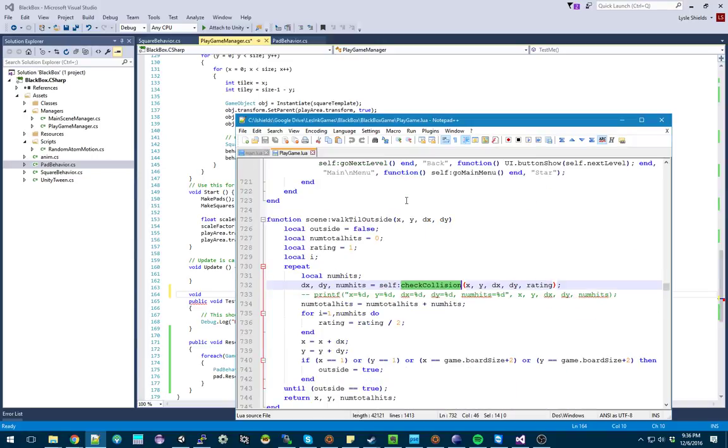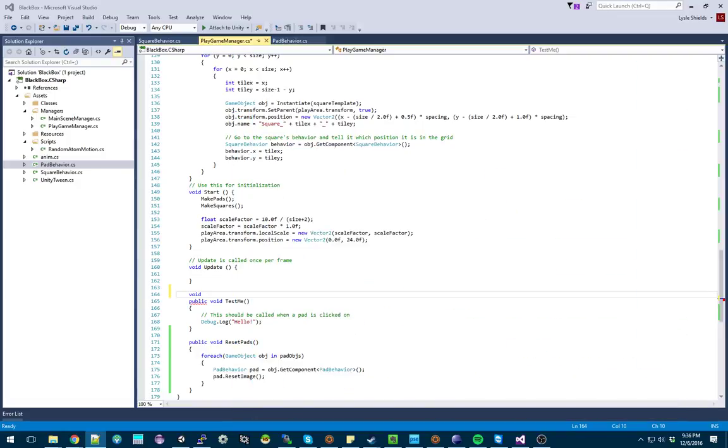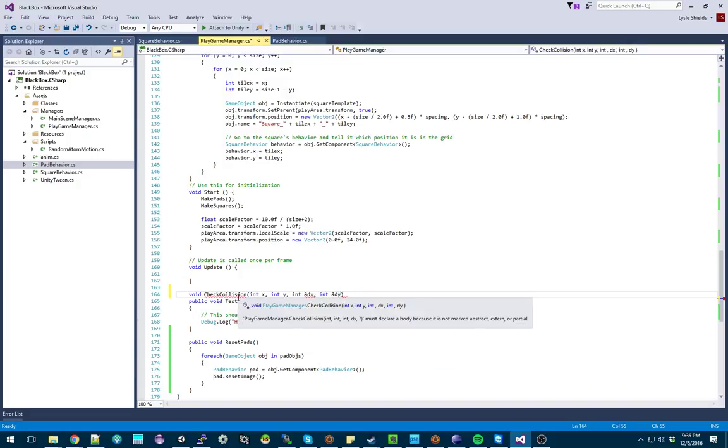And then the number of hits is, that's for ratings. I don't care about that right now. So what I'm going to do then is, we'll do check collision given an X, a Y, a modifiable DX, and a modifiable D, no,